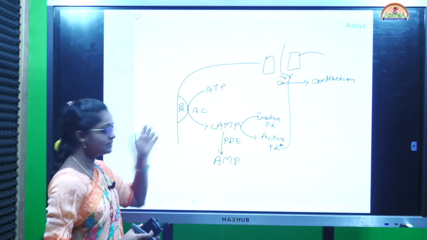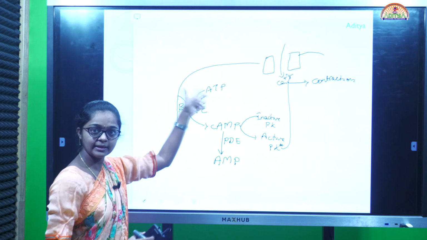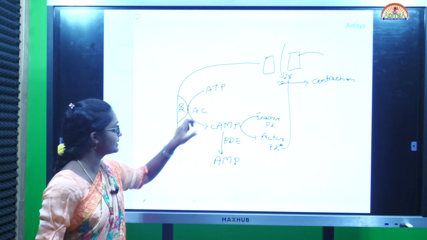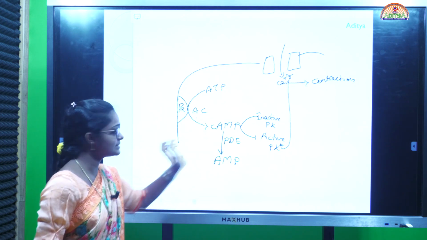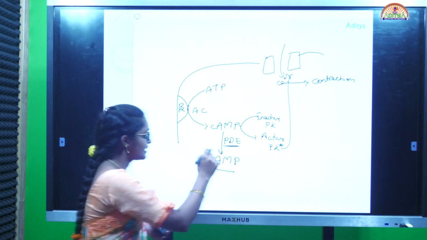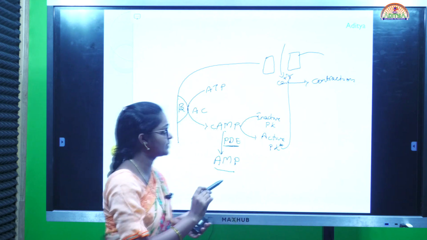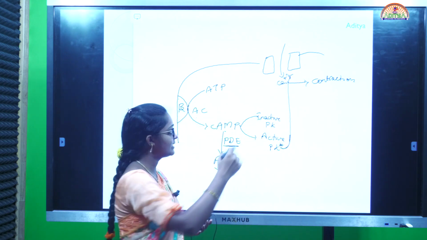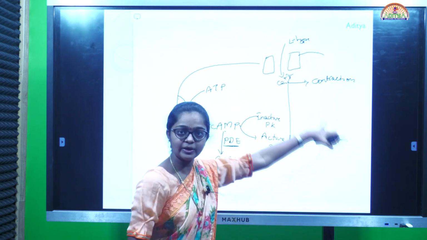The main mechanism of action of phosphodiesterase inhibitors involves the beta receptors present on the cardiac membrane. They activate adenyl cyclase, which converts ATP into cyclic AMP, and this cyclic AMP is converted into AMP in the presence of phosphodiesterase. Cyclic AMP converts inactive protein kinase into active protein kinase, and it activates calcium entry via the L-type calcium channel, which causes the contraction process.